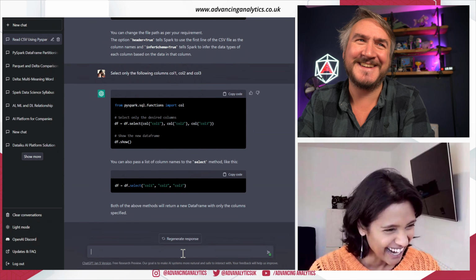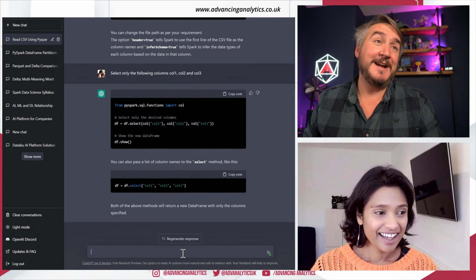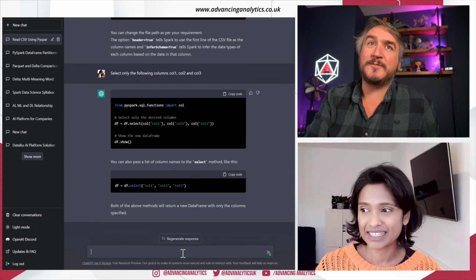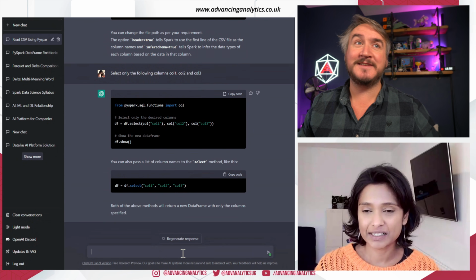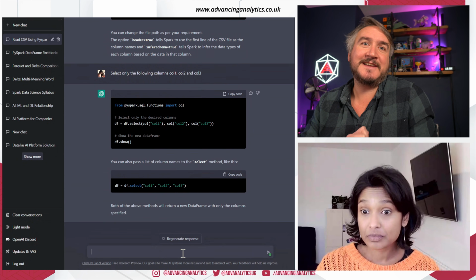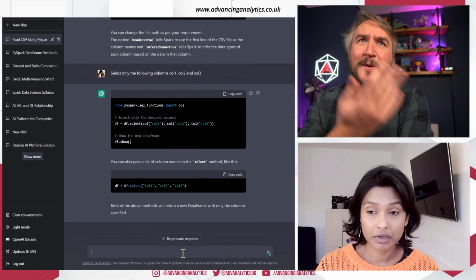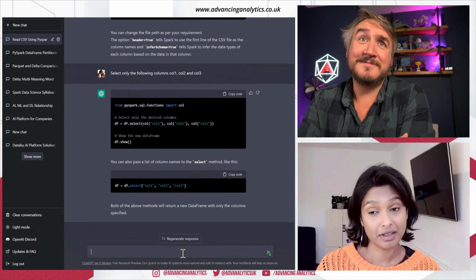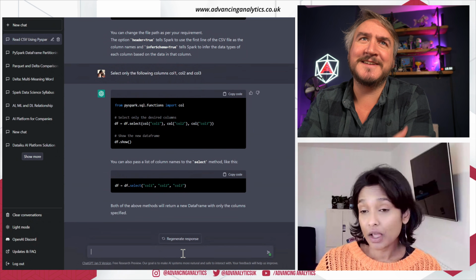That's terrifying. Oh, cool. Yeah, so you can... Again, a bit like how I said it could do select or selectExpr. It's used select in both, but it's giving you two different syntaxes that you can use with select. Because Spark's like that. There's like five different ways you can do anything. I mean, that's awesome. So you can just keep going, getting it to tweak things and go back.